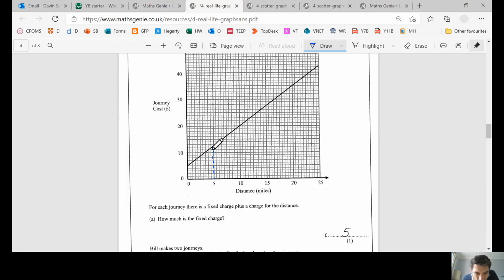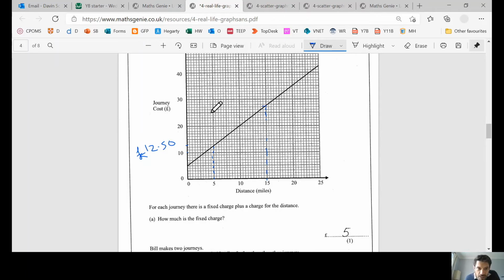I think that's halfway up that square, so I think it's just halfway. So it's halfway between here and here. So this is 10. Each one of these is therefore 1. So this is 12.5. So it starts at 12.5, which is pounds. So remember that 0, £12.50. And then 10 miles later,